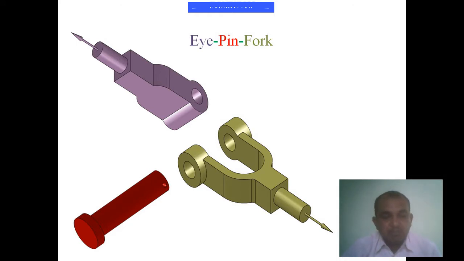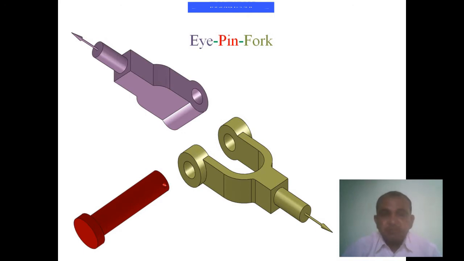The assembly consists of inserting the eye of one rod inside the fork of the other rod, putting the pin in their common hole, and finally putting the split pin to hold the pin. Dismantling consists of removing the split pin and taking the pin out of the eye and the fork. These are very simple constructions, with simple assembly and disassembly methods for the knuckle joint. Therefore, it is widely used in industrial as well as structural applications for joining two members and permitting relative angular motion between the two rods and the two supports.